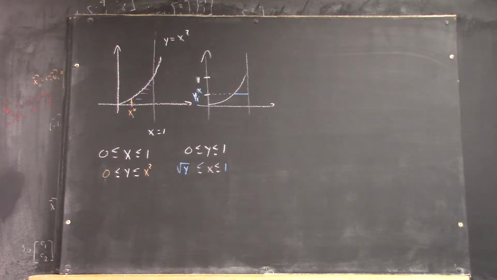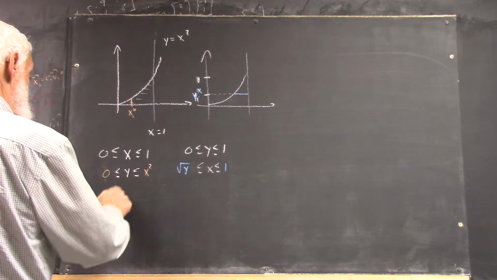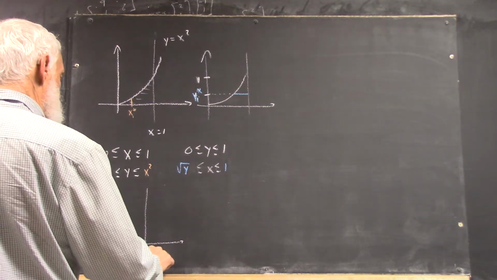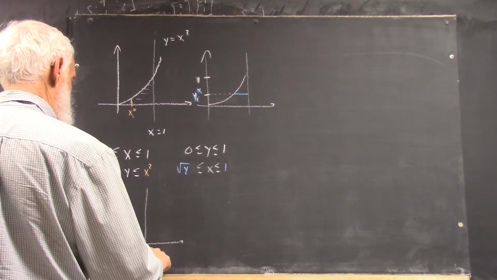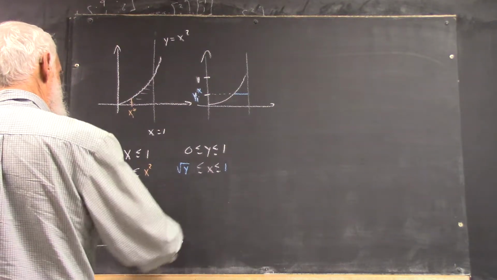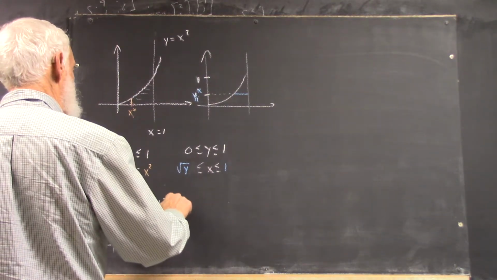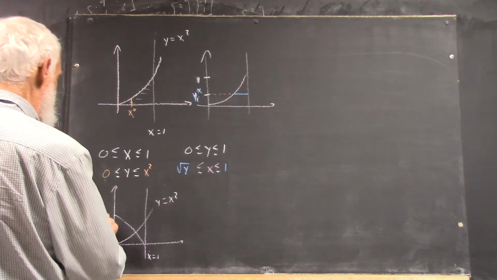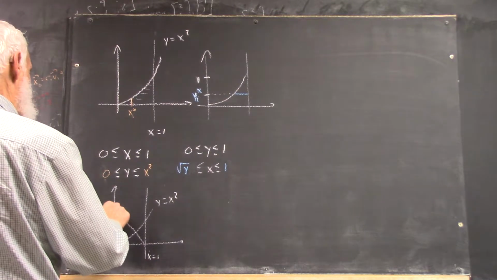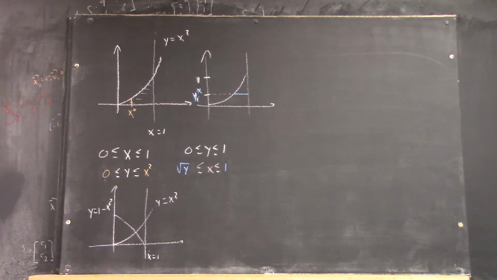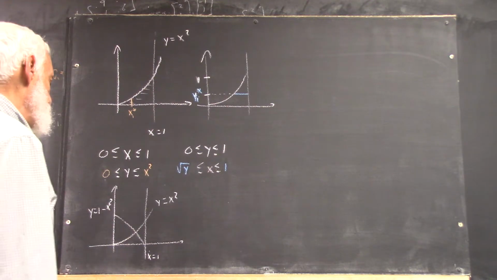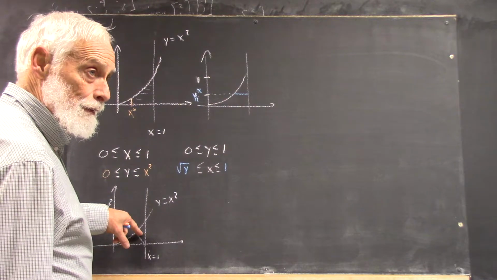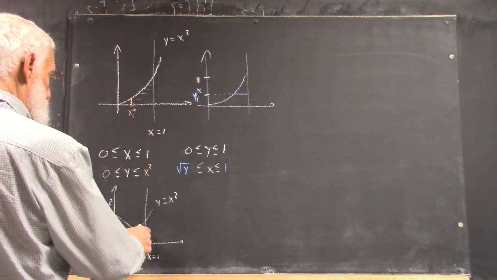Okay, so let's make it just a little more complicated. We're going to use x equals 1. We're still going to use y equals x squared. But then we're going to use y equals 1 minus x squared. And we want the region bounded by the two curves and the line x equals 1, which would be then